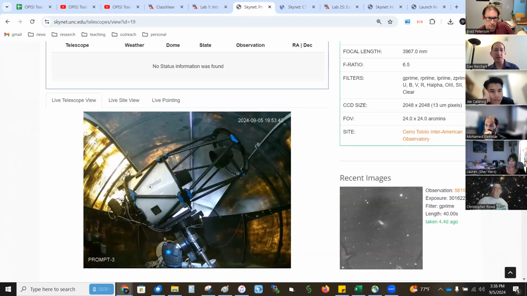Anyway, if anyone ever wants to do something like that, we can coordinate, and even if it's not in person, remote, or we can set you up and show you how to remote access. The other thing we do is we take them into our remote ops room, which is right over there, and we remote desktop into these things, or RustDesk into them, and just take them off Skynet and move them around, open, close the dome, and turn the lights on and off from the other side of the world, and they find that pretty cool.